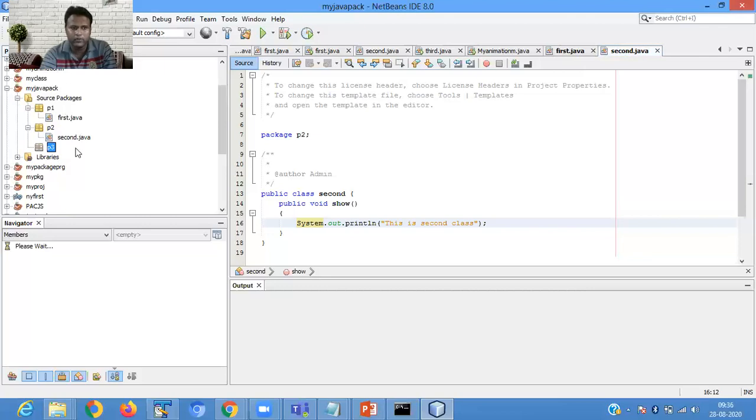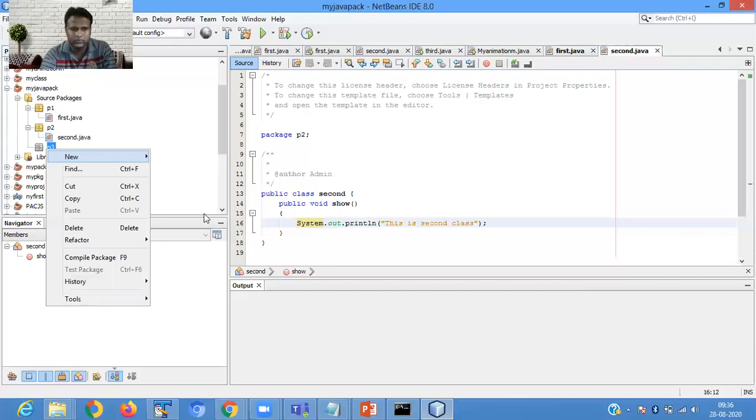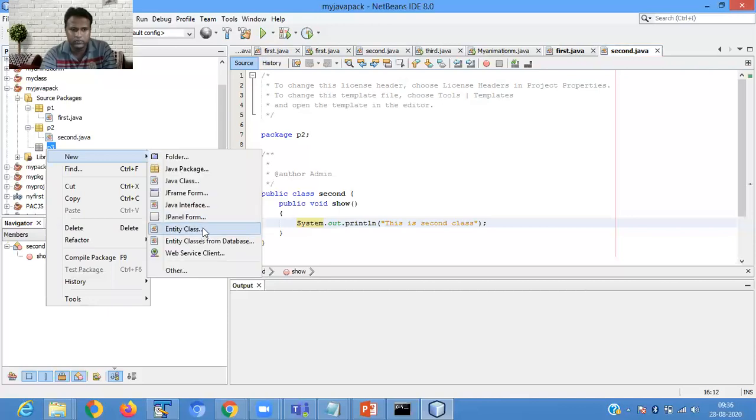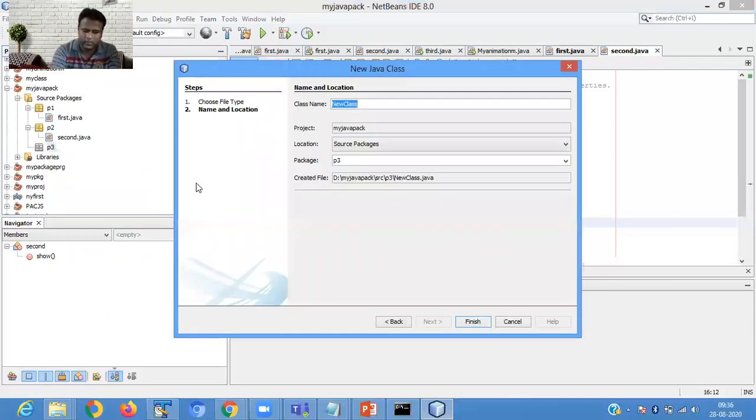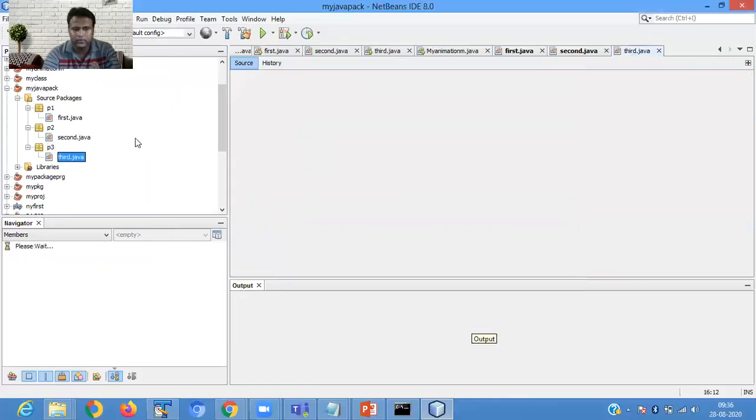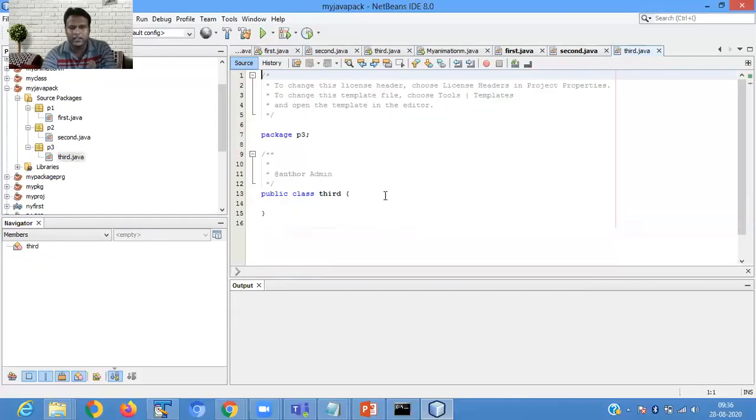So how can you perform this? Right click on p3, New, Java Class. Here I mention the name R. In this class, I will call the first class and second class. For calling the classes, you need to create an object. The object is created in the main method.